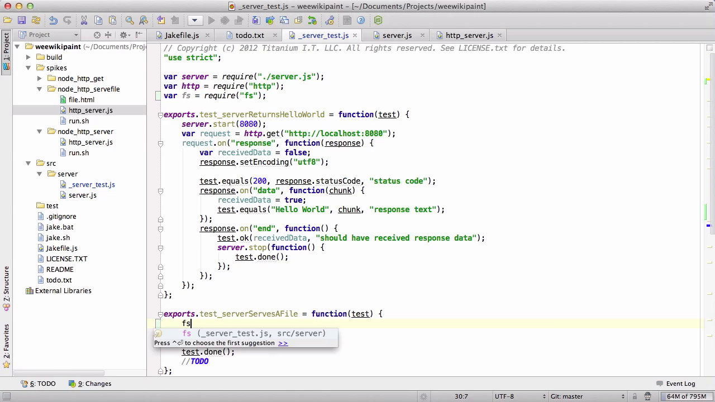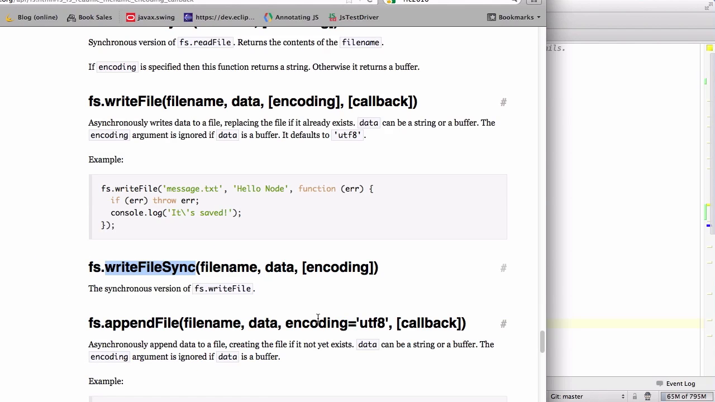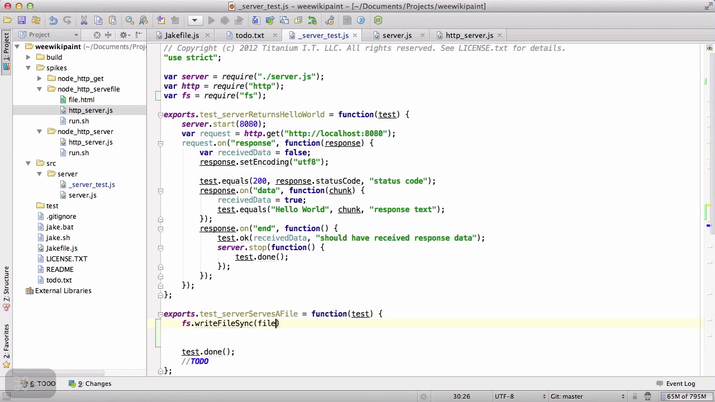And we're going to write, it takes file name, data, and encoding. We don't really need the encoding. So the file name will be, well, I think this we're going to want to put into a directory that we can conveniently blow away. So we're going to want a clean target. Let's make a directory called